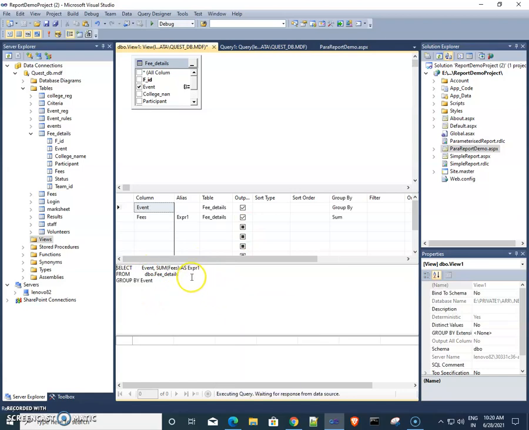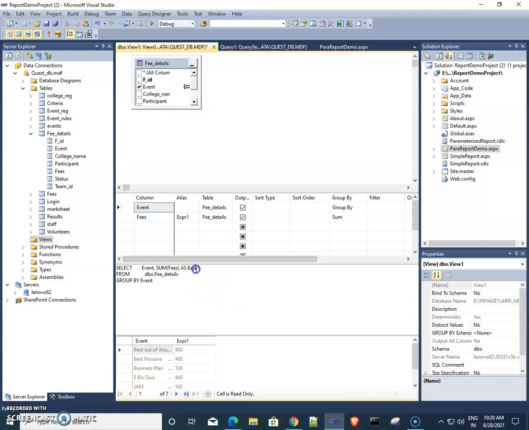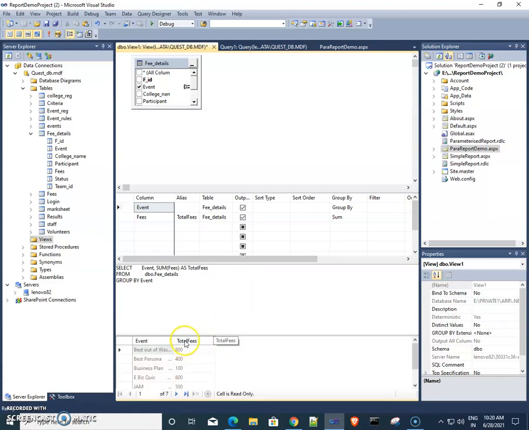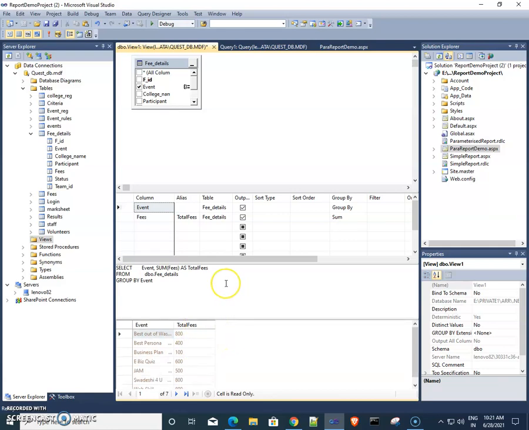Here, instead of expression 1 I am giving the column name as total fees. So instead of expression 1 I rename the column as total fees. So this view I want for creating the report.